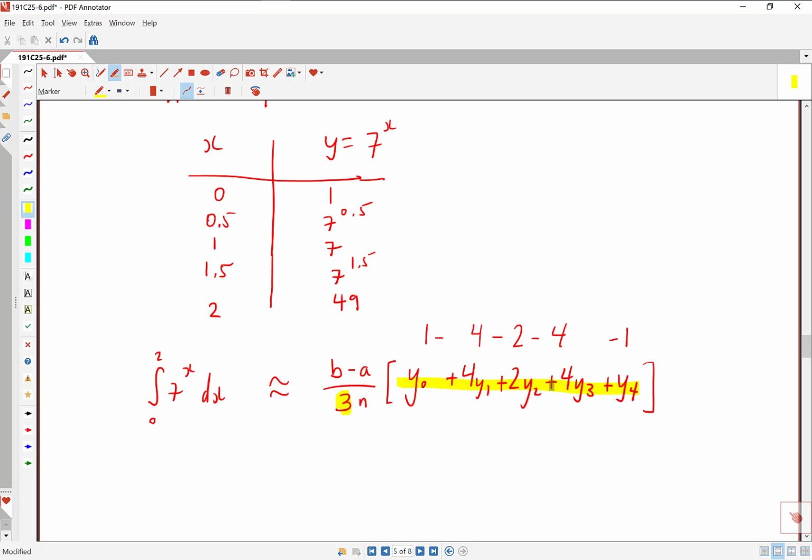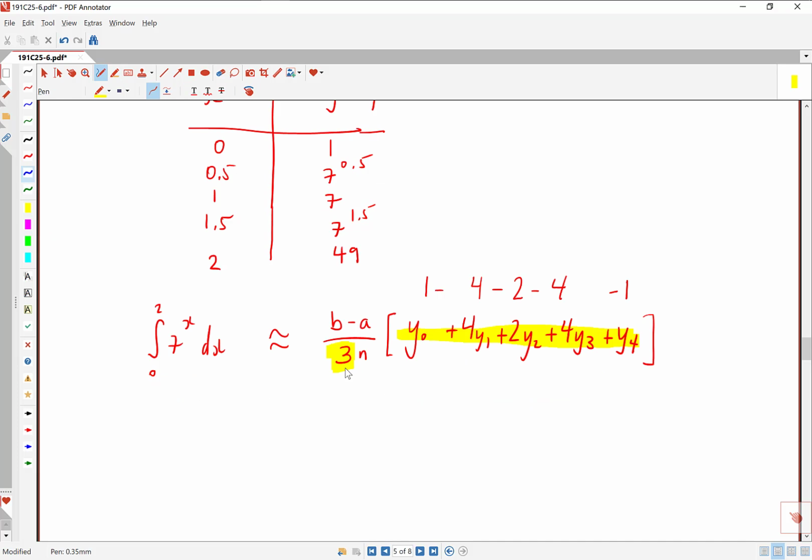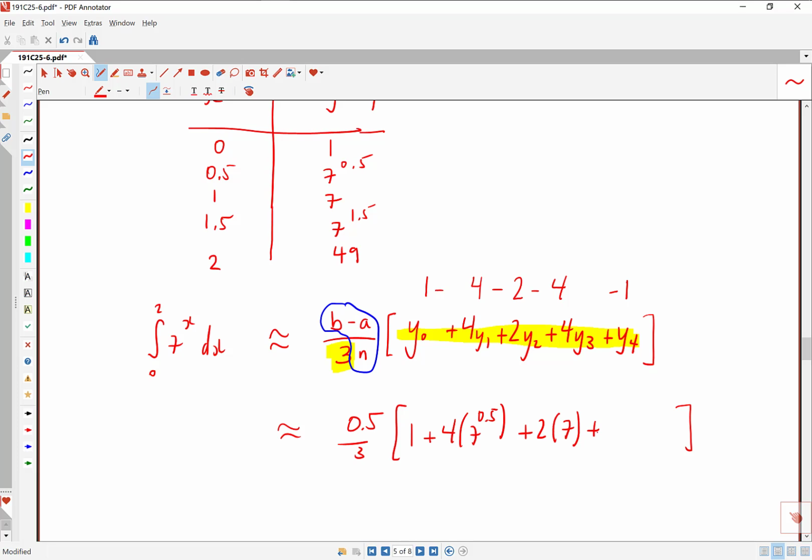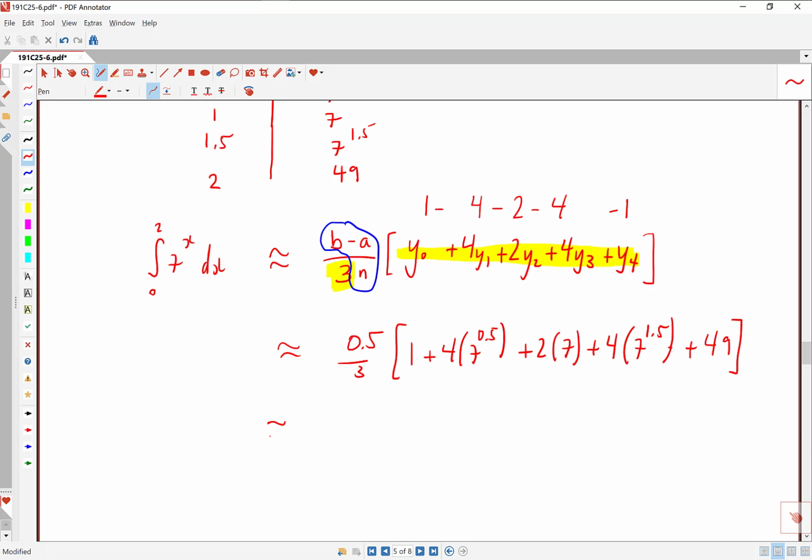And a good intuitive way of thinking about this is that this 3 that we're seeing in the denominator is correcting for the average coefficient that we're using in the brackets. So let's try subbing in. b minus a over n is our step size, and we want to further divide that by 3. So we're going to say 0.5 over 3, and then we're going to take our y values with the correct coefficient. So you take your first y value, which is 1, then you go 4 times your second one, plus 2 times your third one, plus 4 times your fourth one, plus your fifth one. So you can check on your calculator, that comes out to about